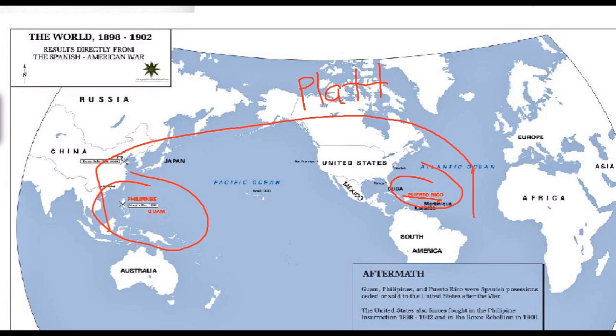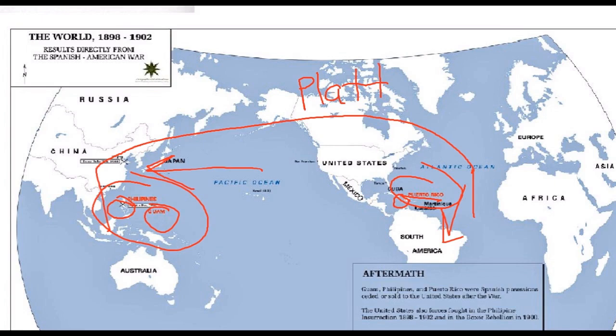And the end result of this conflict is that the U.S. acquires economic, political, military influence in the Atlantic and the Pacific, especially in the Caribbean. We gain new base for naval operations in Cuba at Guantanamo Bay. We gain bases for naval operations in the Philippines and in Guam as well. And we use these bases to support American commerce in Central and South America, support American commerce in East Asia and Japan. And as a result, the United States gains a tremendous advantage in this very short war in that they expand American influence nearly halfway across the globe.